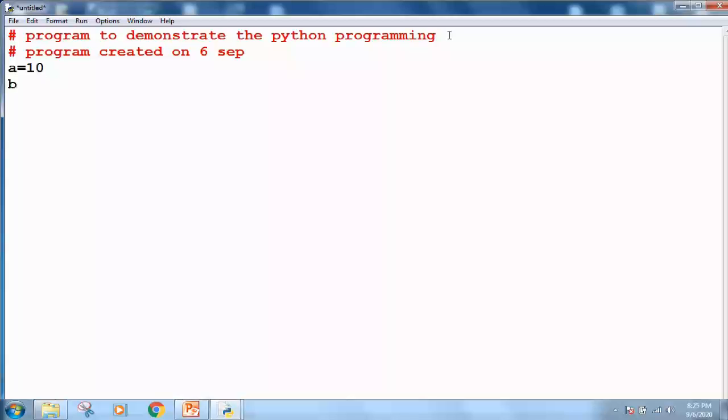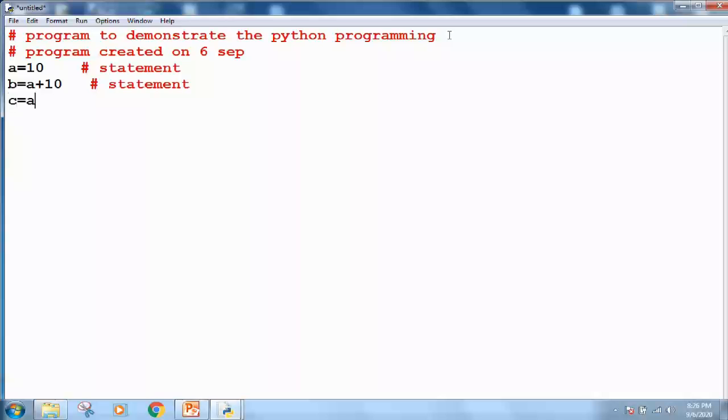Now if I want to take a variable a and give it the value 10, this is a simple statement in Python. If I write b is equal to a plus 10, this is also a statement. Here all these are single line comments, also called inline comments, which we can use along with statements.